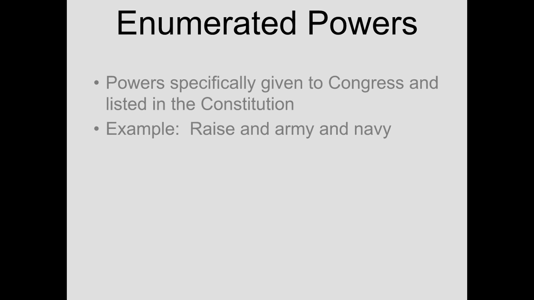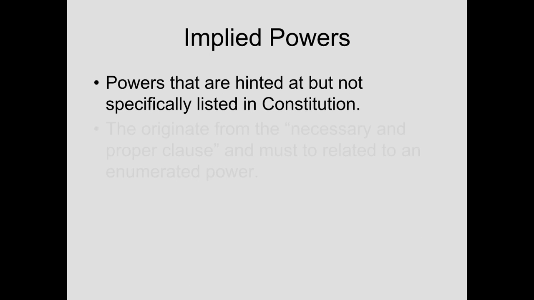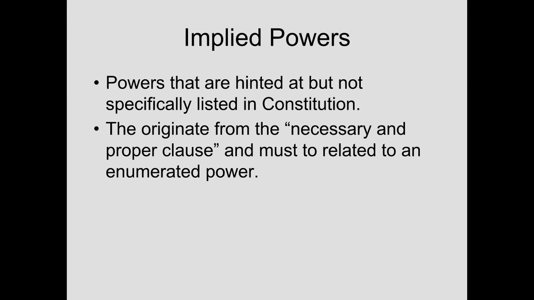Congress has a number of powers that are specifically written into the Constitution, and those powers are known as enumerated powers. We've talked about this before in government class. So these are the ones that are specifically written into the Constitution. Everybody knows they're there. They also have what are known as implied powers, and those are powers that are hinted at. Remember, they originate from the necessary and proper clause, and